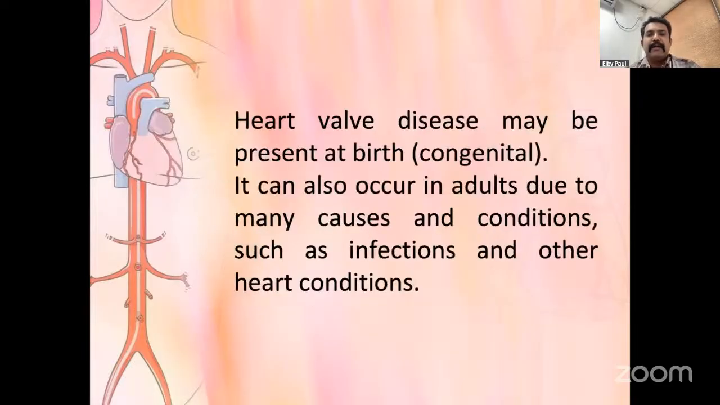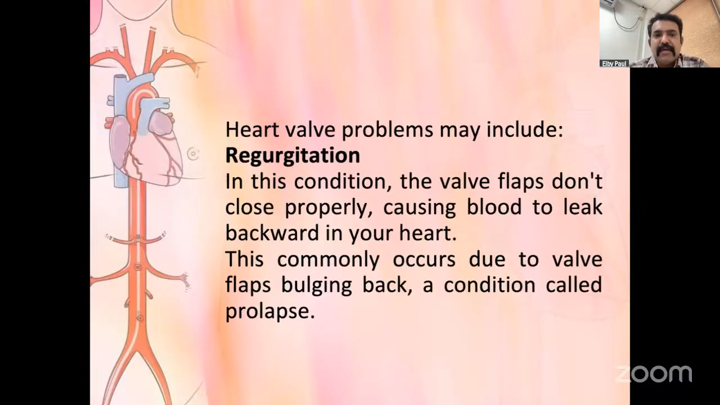Heart valve disease may be present at birth, congenital. It can also occur in adults due to many causes or conditions such as infections or other heart conditions, maybe rheumatic fever. Heart valve problems may include regurgitation. Regurgitation means in this condition the heart flaps don't close properly, causing blood leakage. One flap is opening, one flap is fixed. So there is a leakage of blood to the